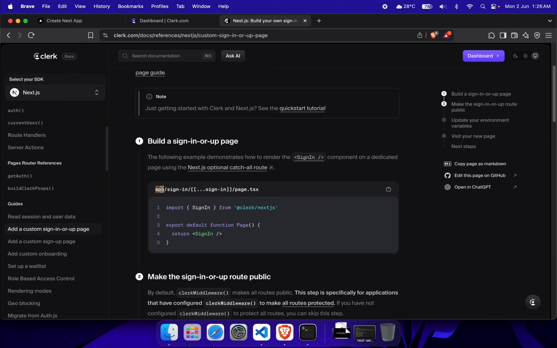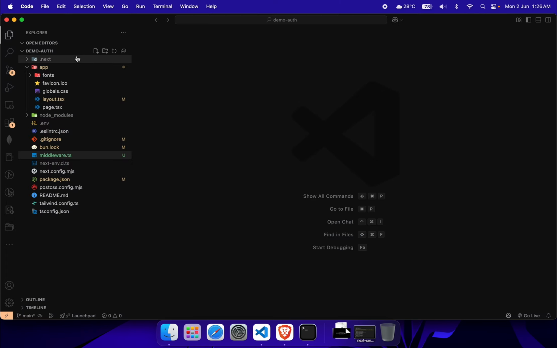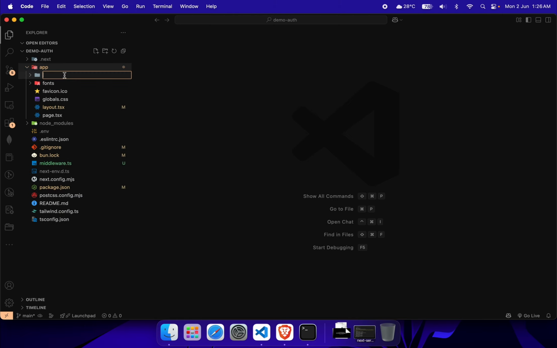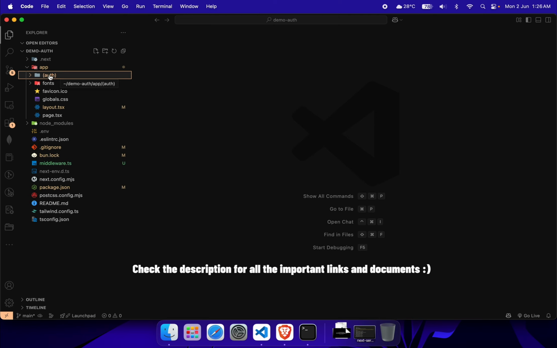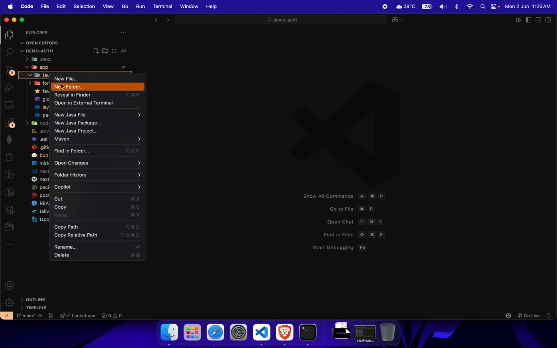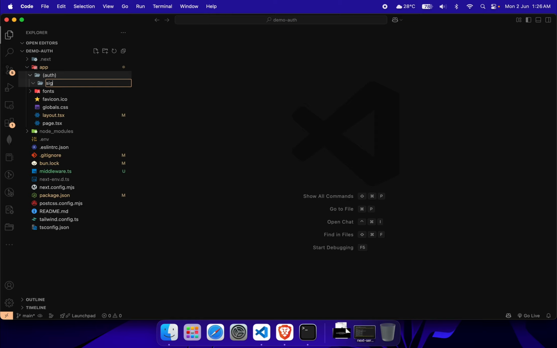You already have the app folder. Inside that you have to create a sign in. So go back to your Next.js app. Inside the app, as a best practice, you always create a group folder. I'm pretty sure you must be aware of Next.js over here. So this is the group folder. This won't be affected by the page router system. So this will group all the related folders and all the routes related to sign in and sign up. Over here, create a new folder, name it sign in,